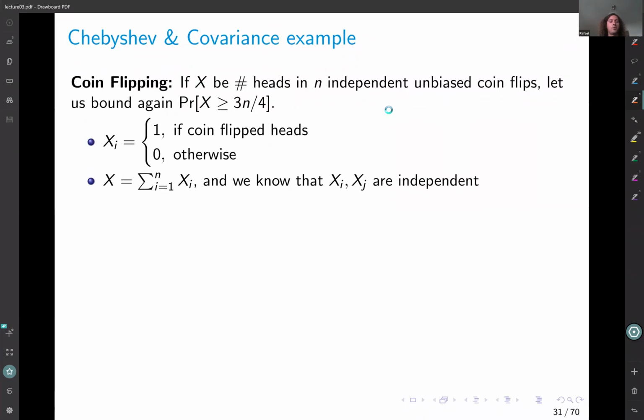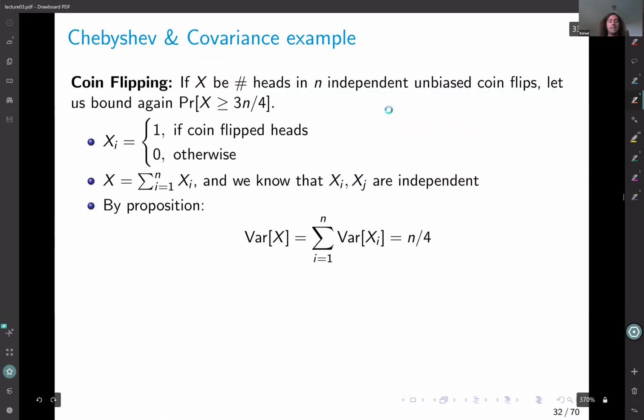So if we look at our random variables, let's say xi is the random variable for the ith coin flip. In the ith coin flip, xi is 1 if the coin flipped heads and 0 otherwise, because we're trying to count the number of heads. And our random variable x is just the sum of these random variables. And we know that xi and xj are independent for any two trials, because those are independent coin flips. Now, here's the thing. By the proposition,